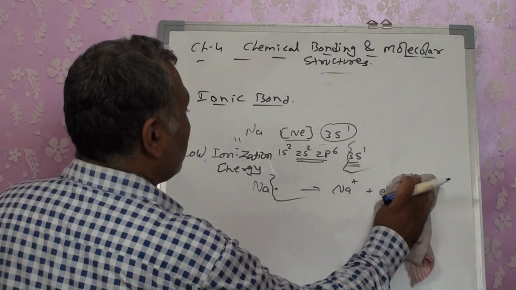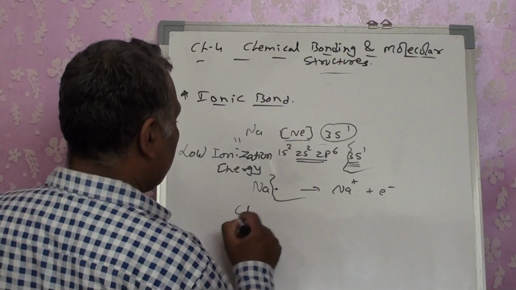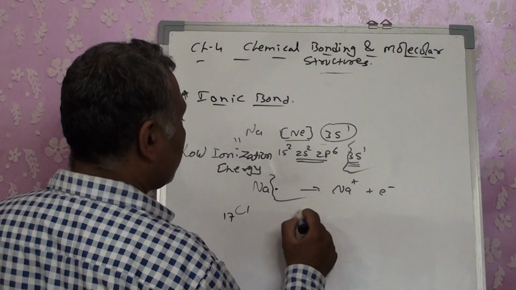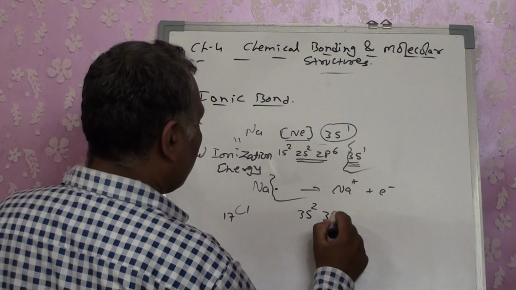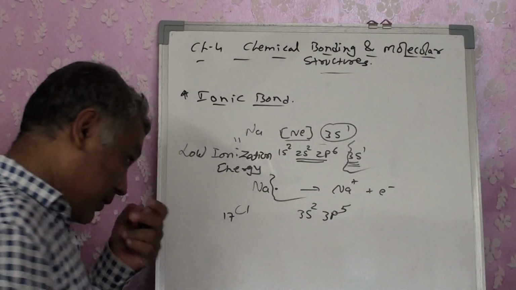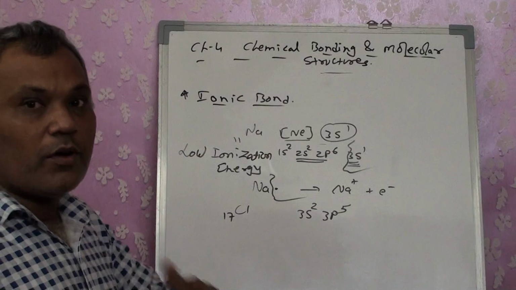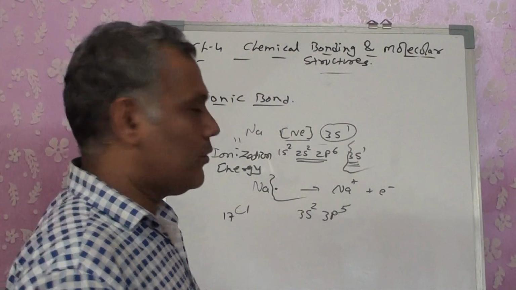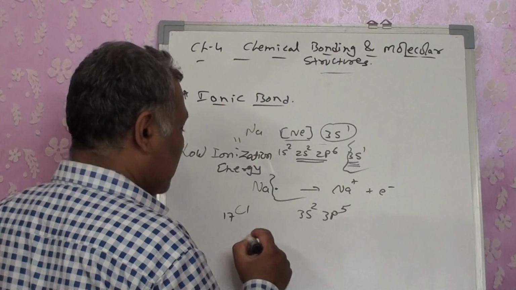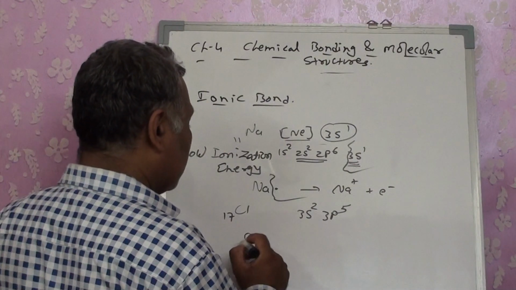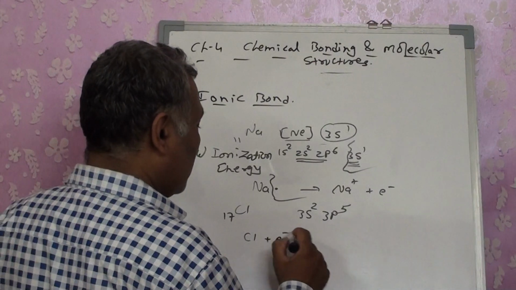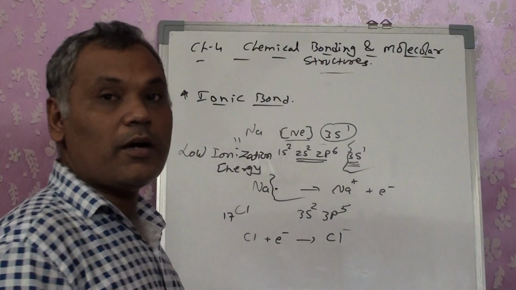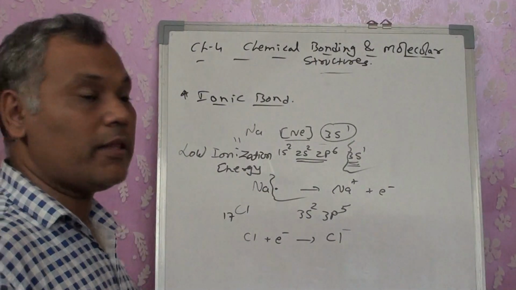Opposite to it, chlorine is there, Cl 17. It has 7 electrons in its outermost orbit. Either it has to donate all 7, or by gaining simply 1 electron, it can complete its octet. So what happens? Its size is small enough that it has the highest electron gain enthalpy.